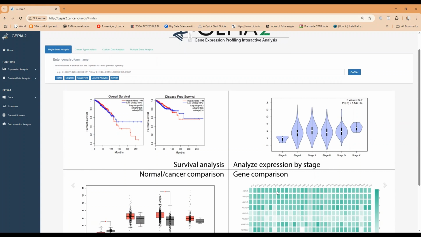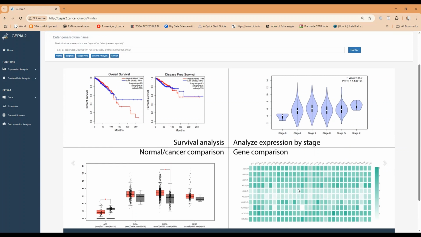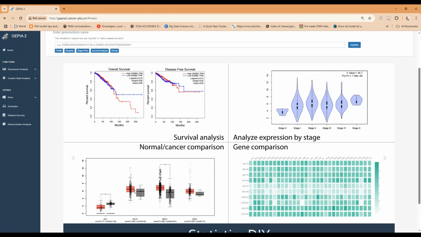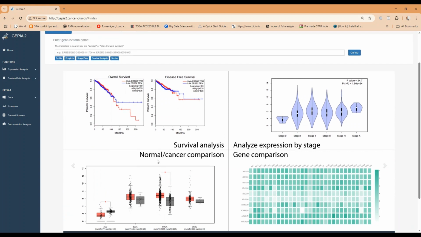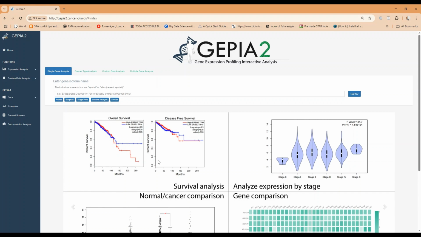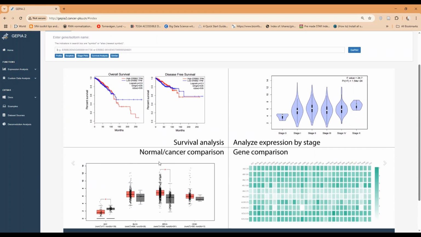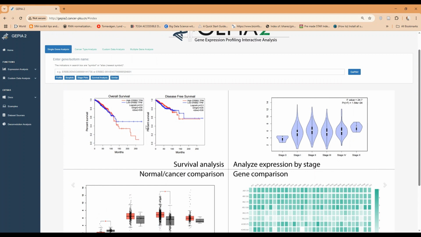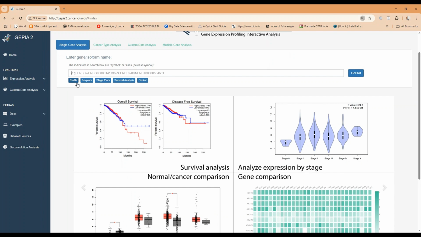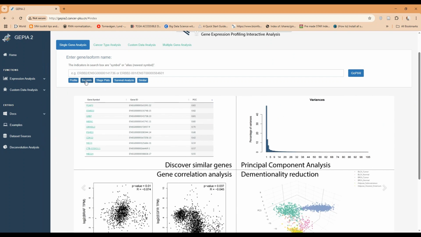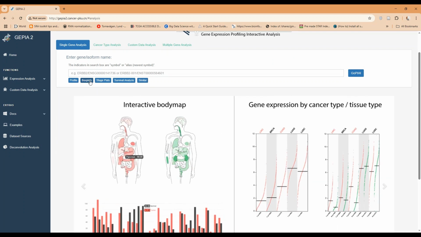Also, now in this tutorial, what we will see is what the violin plot is, how violin plots are generated for a particular gene, and what these box plots are and how we can see them here. So basically, we will jump to these different features mentioned here, like profile. We have seen the profile, then the box plot, then the stage plot, then survival we have seen. So if we click the box plot,